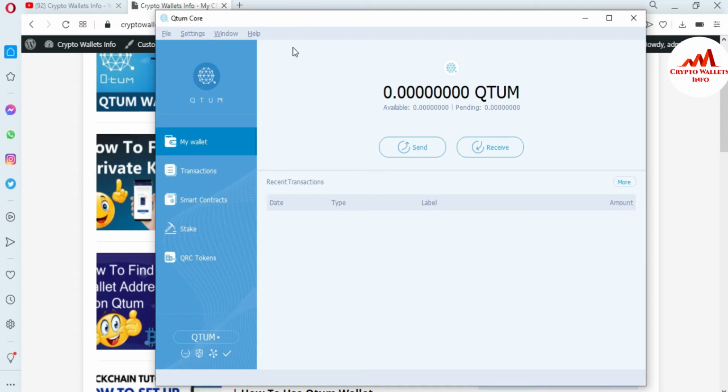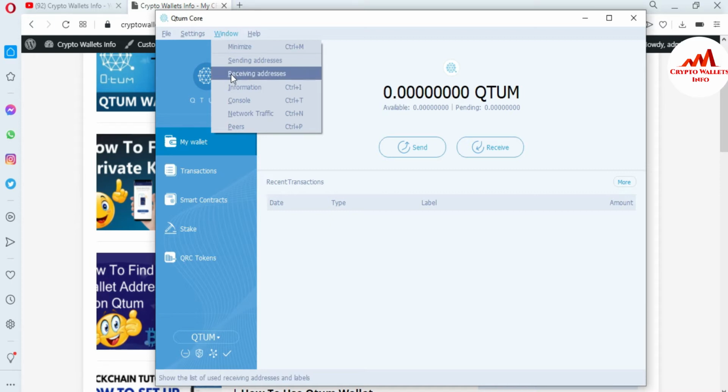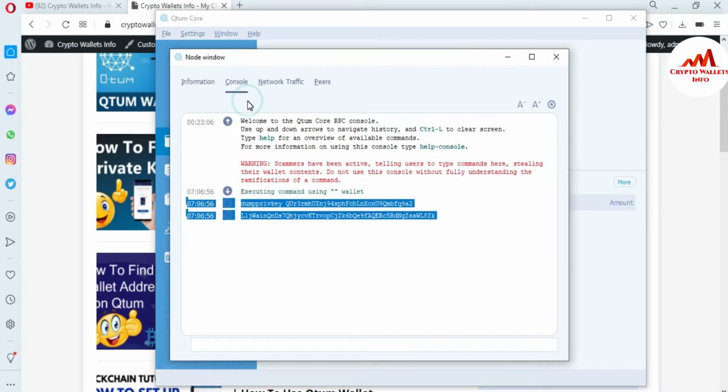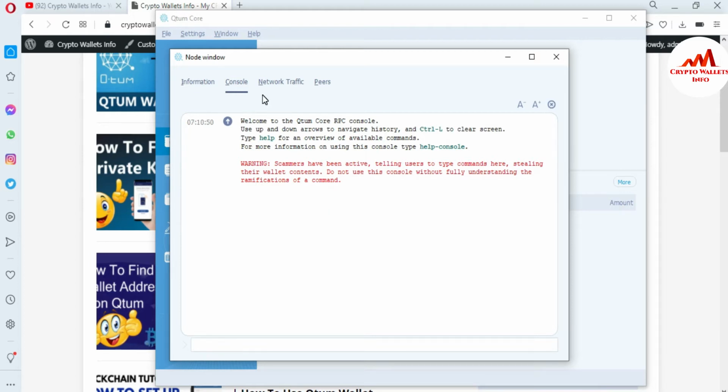So if you need to import your wallet, just go to the Window menu. You can see here Window, and the fifth option is Console, and you can also use the shortcut Control T. So I have clicked on it. Then you must read this caution. See here, welcome to the Qtum Core RPC console.